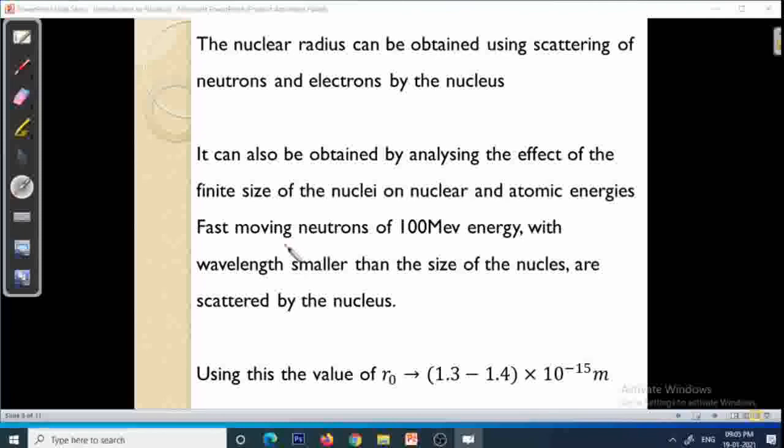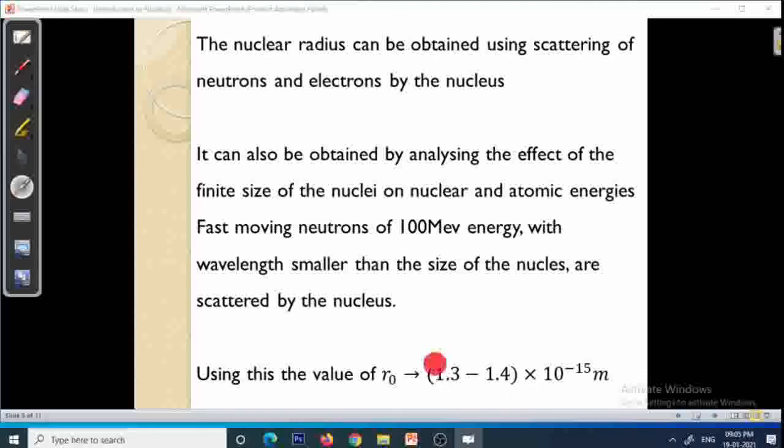The neutrons must have a wavelength less than the size of the nucleus, and only then will they get scattered. Using this experiment, the value of R0 is obtained as 1.3 to 1.4 into 10 raised to minus 15 meter,